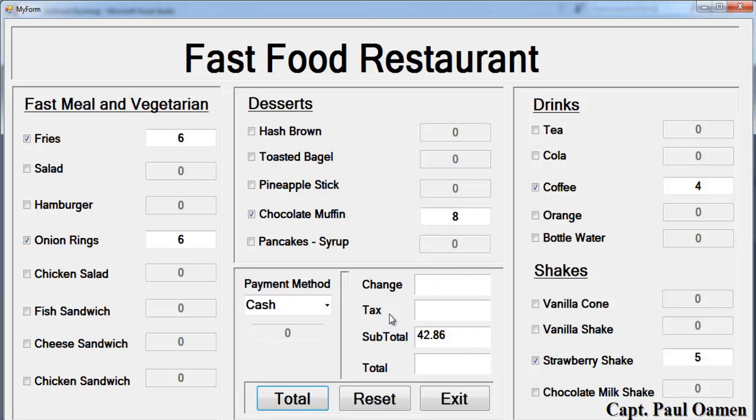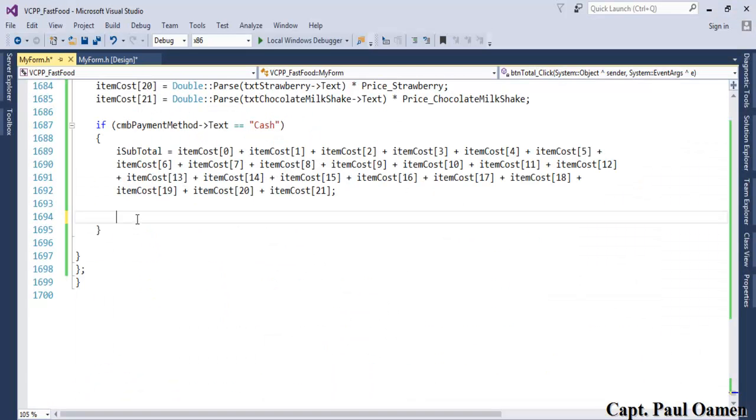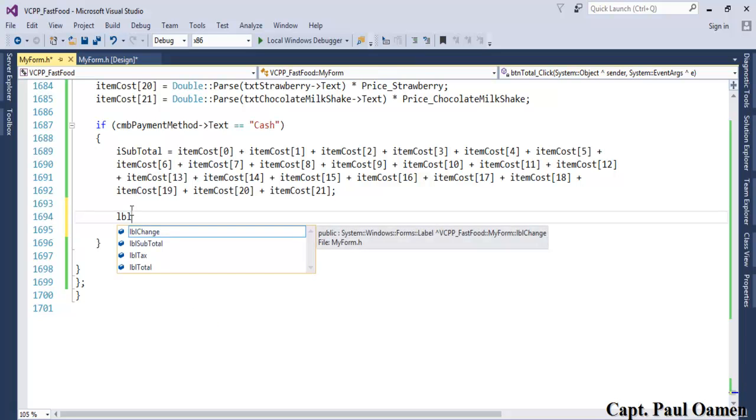Okay. Alright, now because it's cash, the customer will have to give you cash, and if there's change, there'll be change there. So we're going to now work that out, or just write a couple of lines of code to subtract whatever the customer gives the sales assistant to be deducted from the subtotal and the tax. So let's do that now. So right here, okay, the next thing is to enter all of these into the subtotal. So let's start by entering LBL subtotal right here,